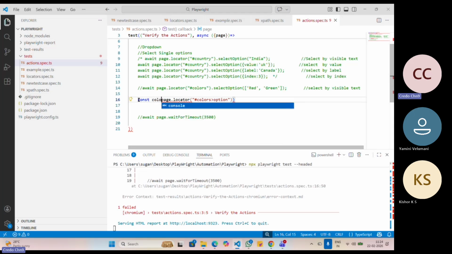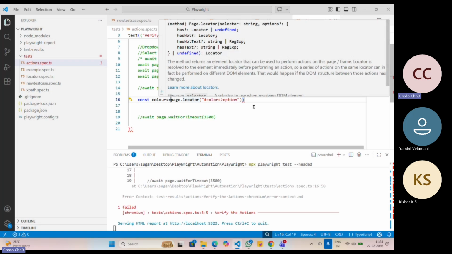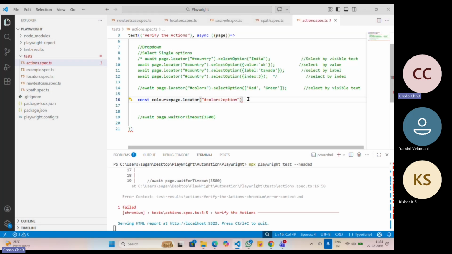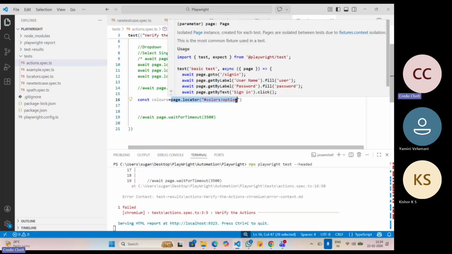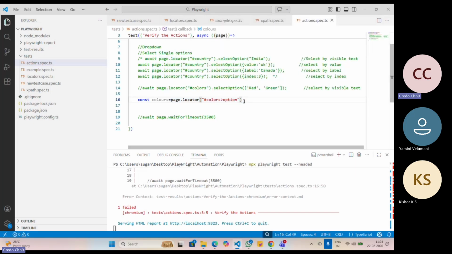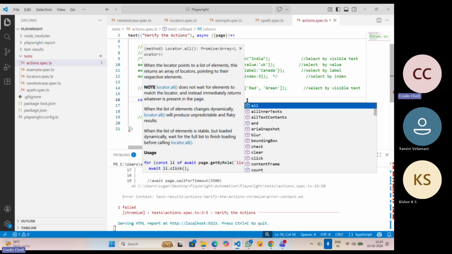So it's giving a locator. The return type is locator here. So that's why it is failing, because we are searching the column. Now it is only a locator here, so it's going to have a number of locators. But we want to take all the text content in that. We have to use a method called